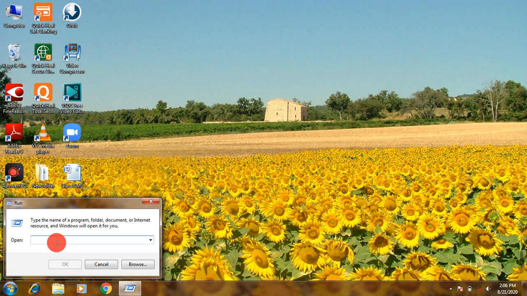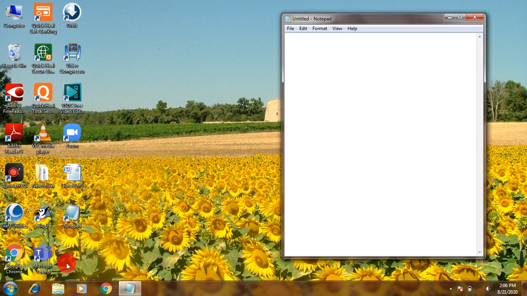For example, if you want to open Notepad, then you have to type notepad and then click on this OK button. So using the run command, you can open Notepad, WordPad, MS Word, PowerPoint, Excel, or any application you want.